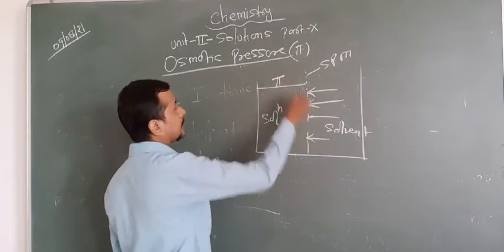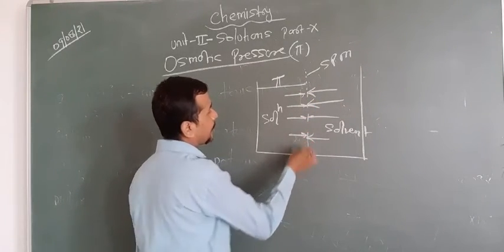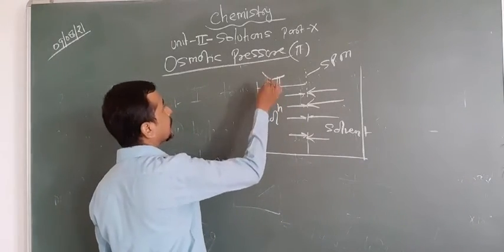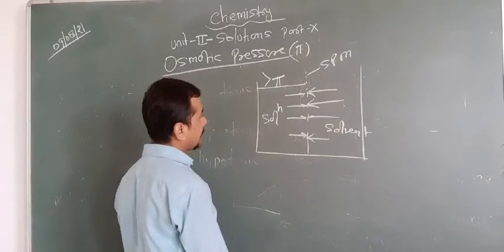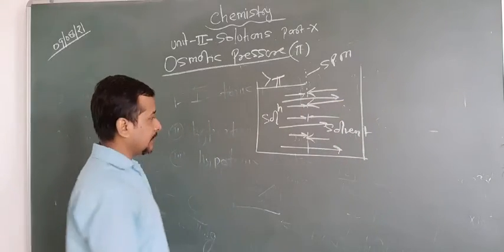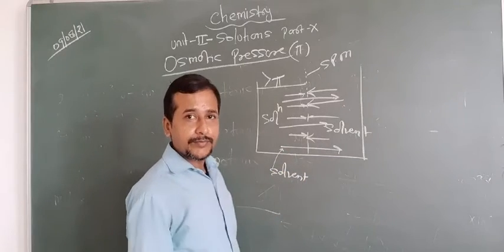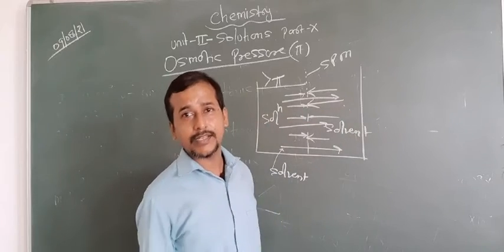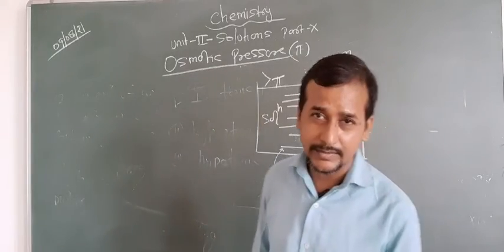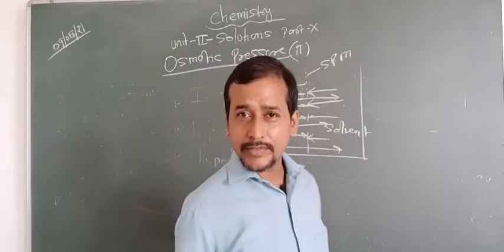When we apply osmotic pressure to the solution side, in that condition the movement of solvent particles stops. But what happens if we apply pressure more than the osmotic pressure? The movement of solvent particles from solution to solvent takes place. That means the solvent molecules now move from the lower concentration to the higher concentration, that is from the impure to the pure form. So the reverse process of osmosis takes place. That's why this is known as reverse osmosis. Are you getting this point or not? So these are about reverse osmosis.